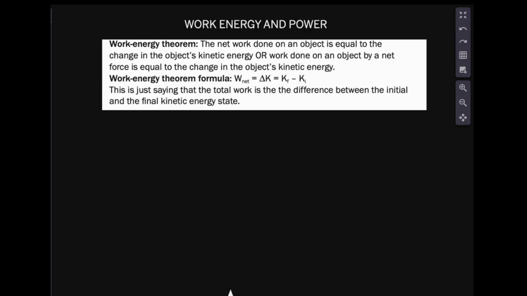The work energy theorem. Now, the work energy theorem states that work done on an object by a net force is equal to the change in the object's kinetic energy. That means the work energy theorem formula will equal the total work done will equal the change in kinetic energy, which means the final kinetic energy minus the initial kinetic energy. Okay, now